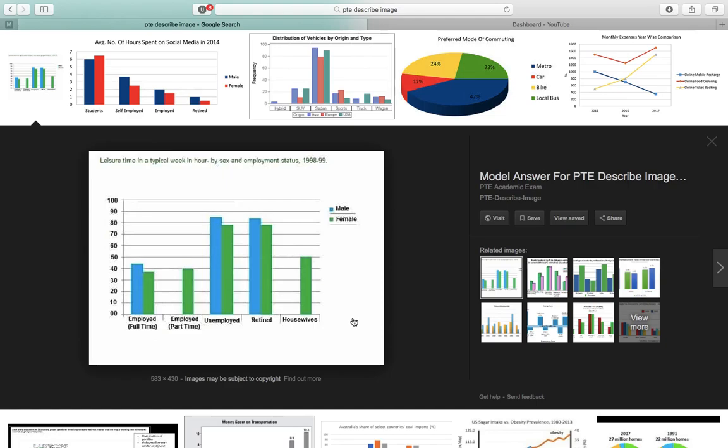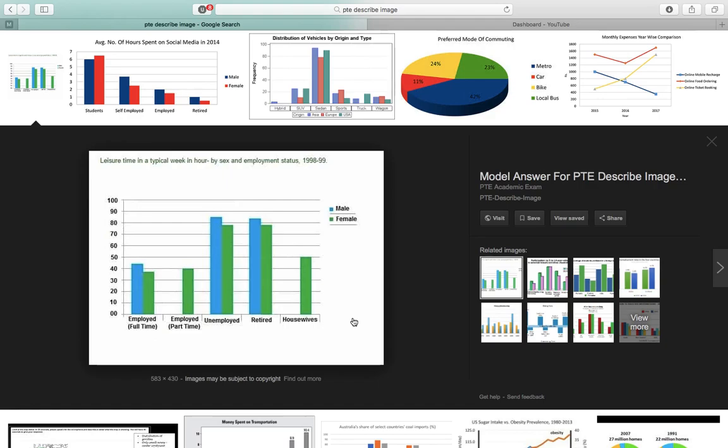Okay, so let me give you an example of details in this case. So I'll start at the beginning. This is a bar graph which shows the leisure time in a typical week for males and females in different categories such as full-time employed, part-time employed, unemployed, retired, and housewives. So that was the introduction. Now, moving on to the next part, the details. What I would say here is something like,